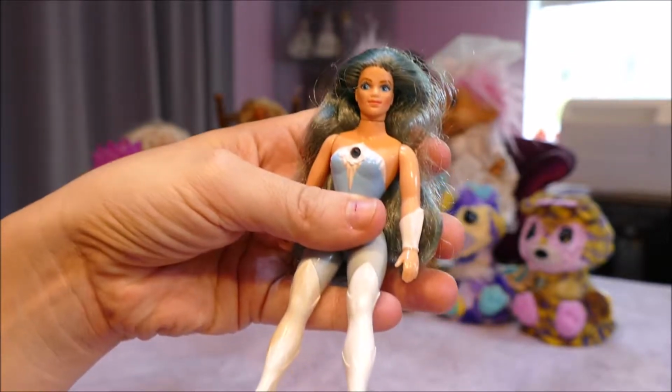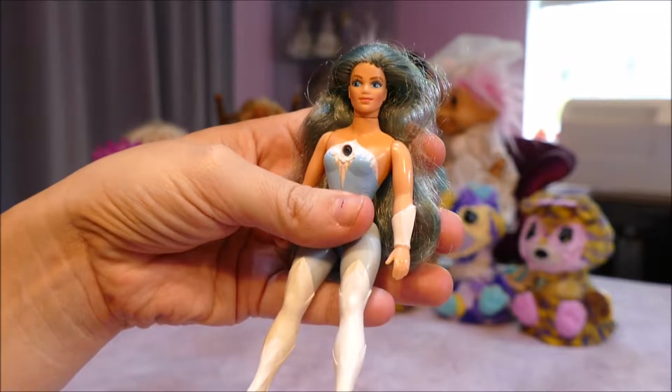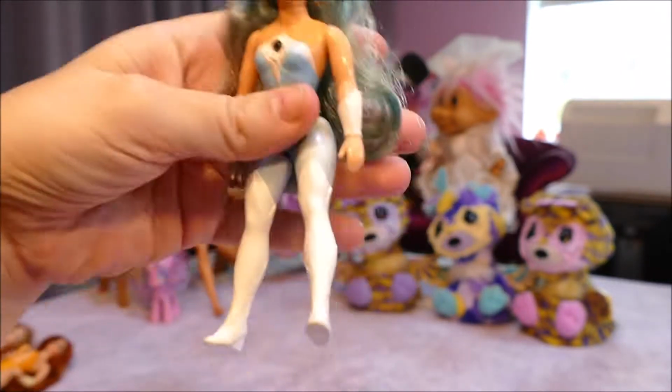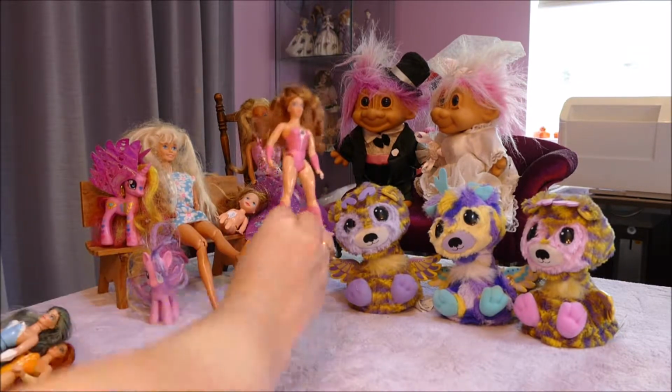These sort of toys are more memories for me. They're happy memories. We didn't have computers back then. So we were happy playing with our dollies, making stories. So that's the fourth one. And last of all,